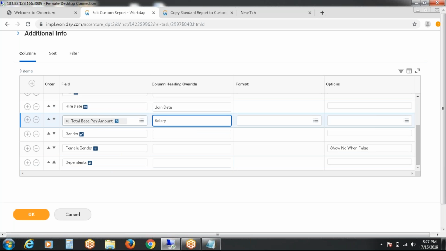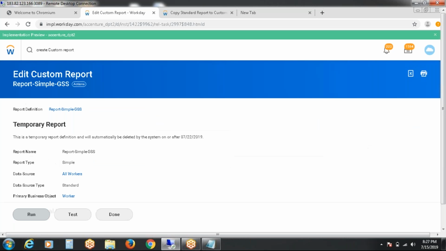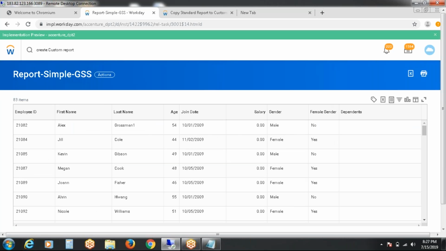So these two headings that I have changed, please say okay and run the report. So what happened? The headings have been changed here. Column heading override is nothing but whatever the existing heading is, that heading will change as per what you have put in the fields. So join date and salary.